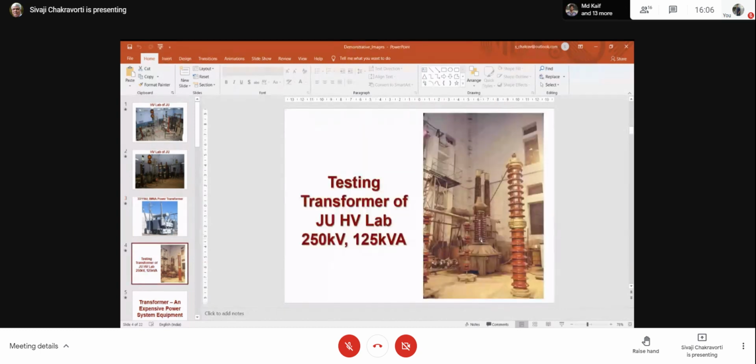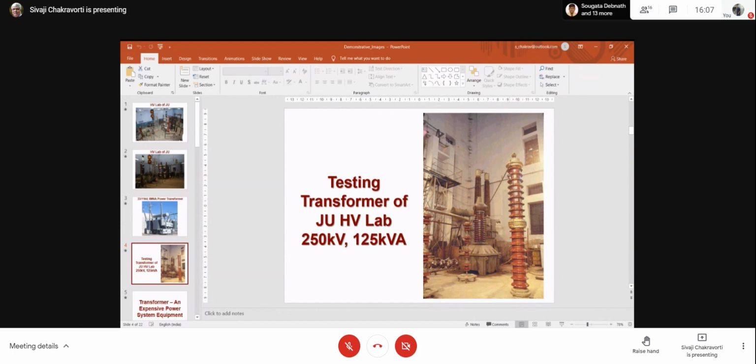This is our testing transformer in our lab. I have taught you testing transformer. So this is our testing transformer. You can see here, it is a 250 kV transformer, and this vertical block is a capacitor. It's just a capacitor. It looks like this, but it's just a capacitor. It is used for measuring this high voltage. That means we have a capacitive potential divider. This is the high voltage capacitor. Low voltage capacitor is at the bottom. It's a small one. So you can see that just one capacitor of 250 kV is so big.